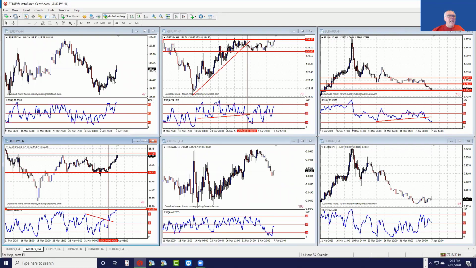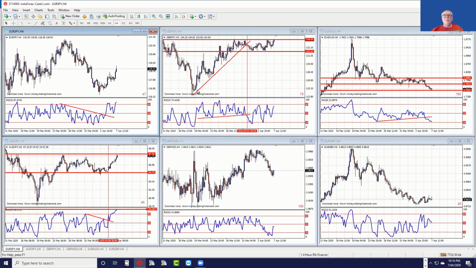The euro yen. Again, there was quite a nice trade earlier. What we now need to start looking at, but you can see the jaggedness of the RSI. It's very jagged, so it's not a great currency to trade, although there are some nice moves that have happened there. This one, pound yen.